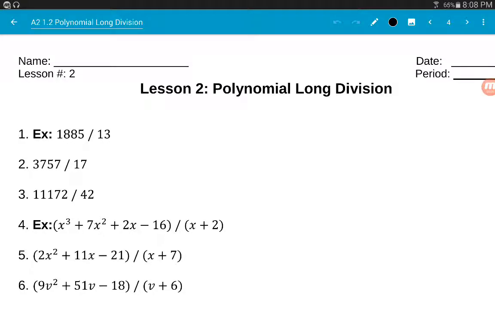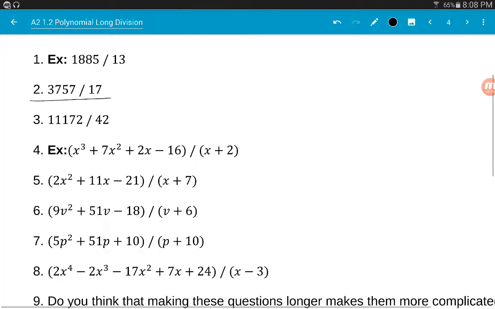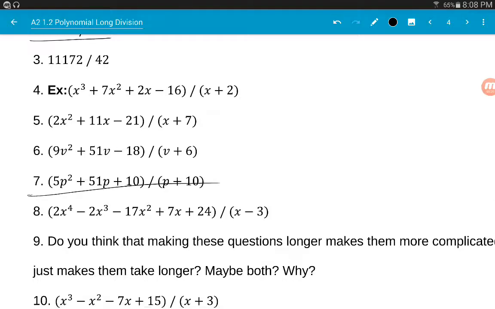Okay class, here's a video on lesson 2, polynomial long division. I'm going to give you an example of numerical long division to ground this in some past learning, and then I'm going to give you 2 examples of division with polynomials. So I'm going to do questions 2, 7, and